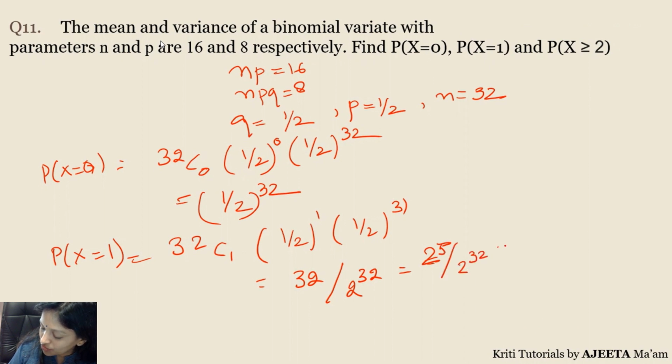So, 2 raised to 32. So, what will you get? 1 upon 2 raised to 27. That will be your final answer. Now, X is equal to 2